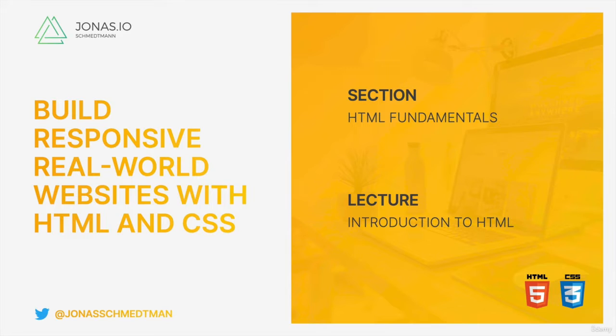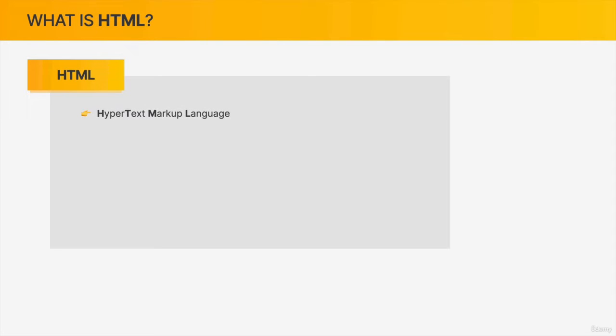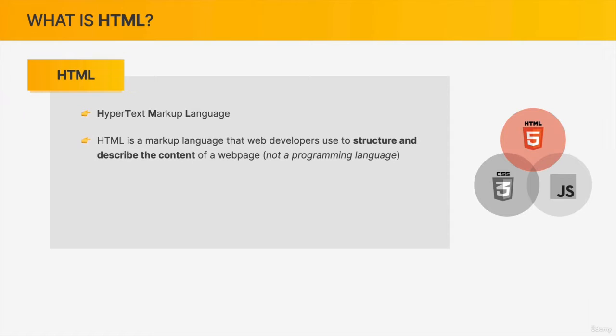Welcome back. Let's now very quickly learn what HTML actually is and what we can do with it. So basically, HTML stands for Hypertext Markup Language. And remember how we learned earlier that HTML is one of the core web technologies along with CSS and JavaScript, right? Now, HTML is a markup language that we web developers can use to structure and describe the entire content